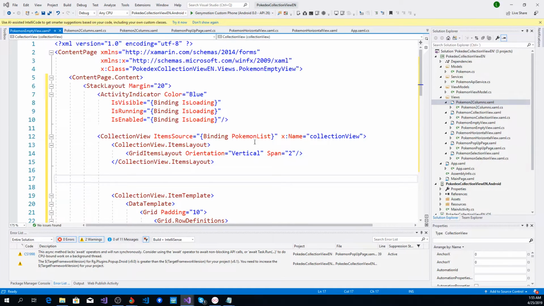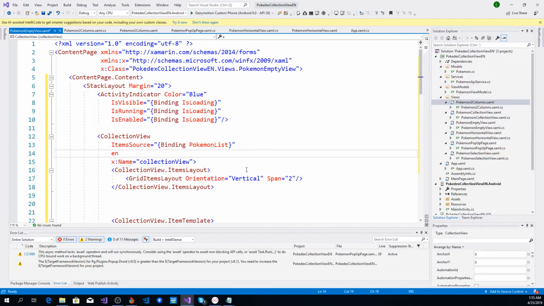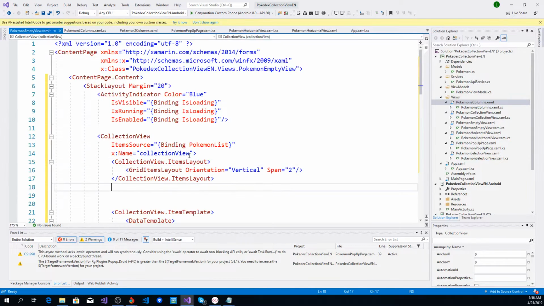One is to use a property here, empty view, and then set up a message. But maybe it's better if we define something much better. Let's say something customized. So we can actually add here CollectionView.EmptyView